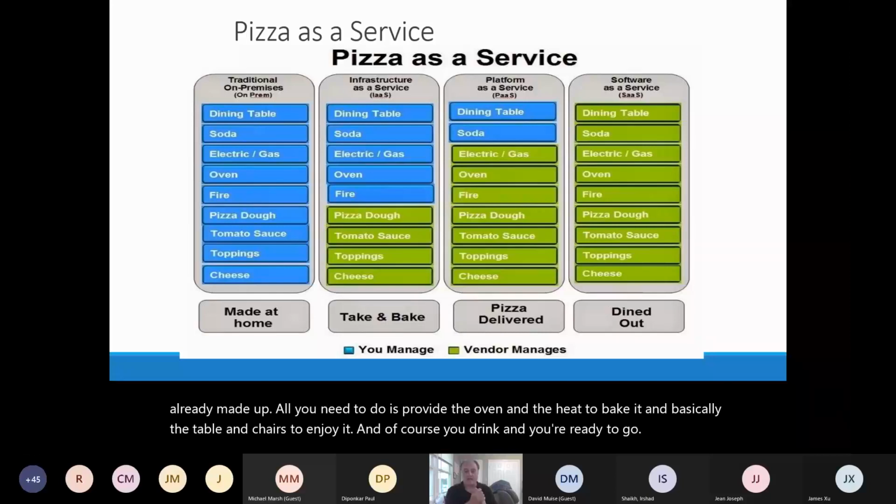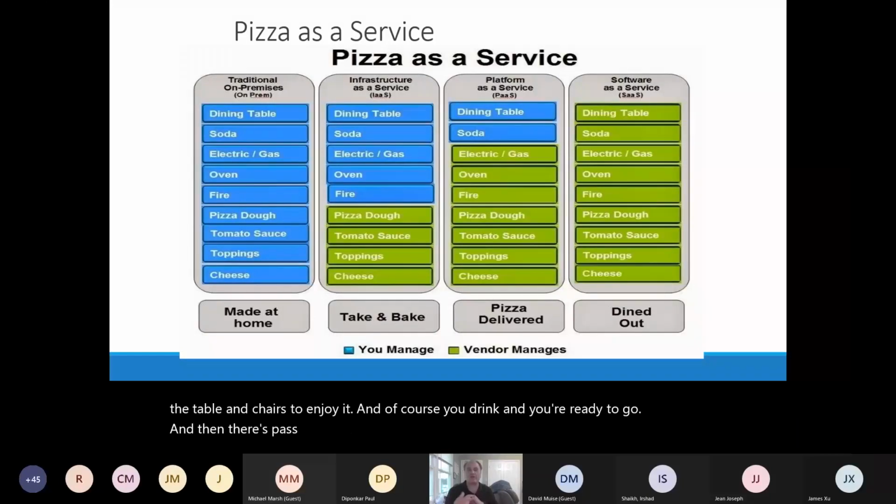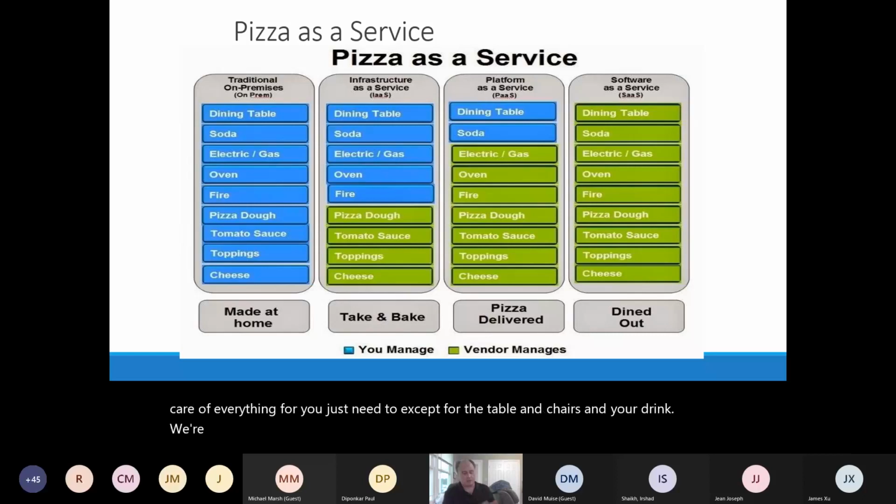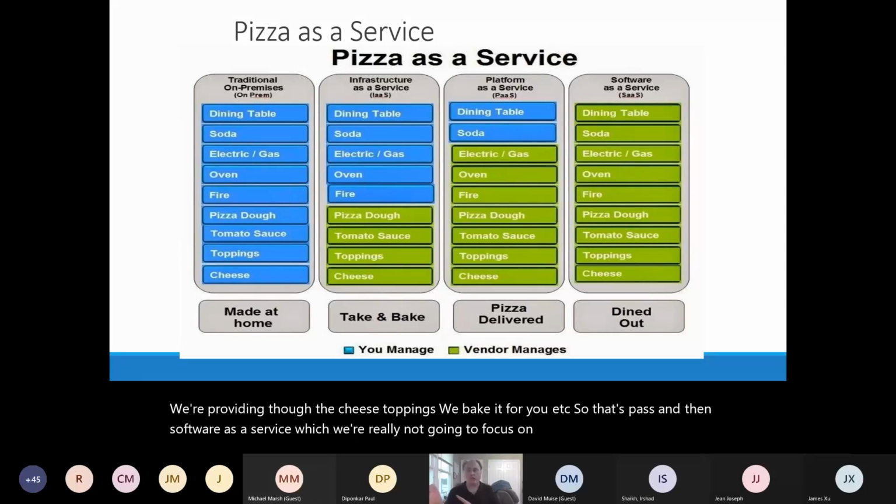And then there's PaaS, Platform as a Service, which is kind of like pizza delivery. Basically, we're taking care of everything for you, except for the table and chairs and your drink. We're providing the dough, the cheese, the toppings. We bake it for you, etc. So that's PaaS. And then software as a service, which we're really not going to focus on in this session, is